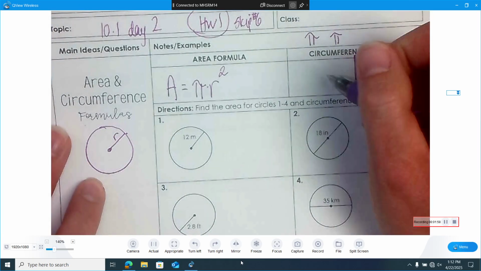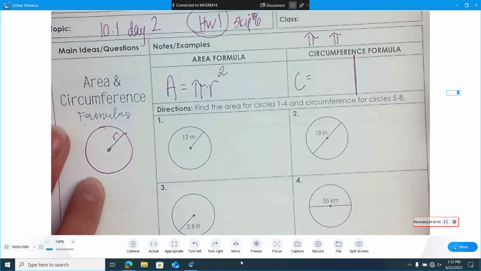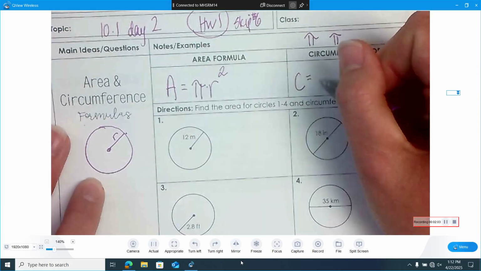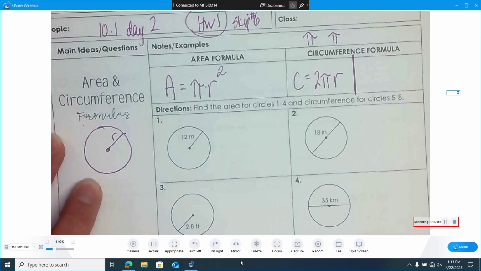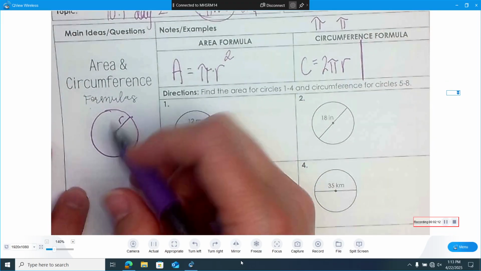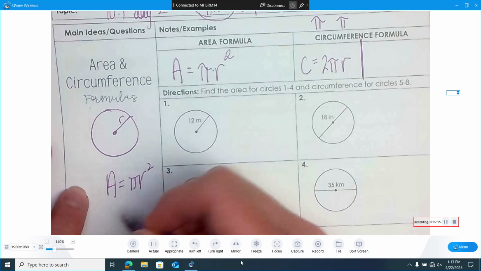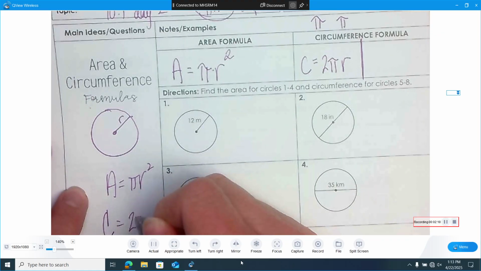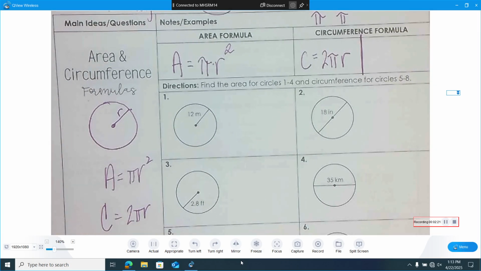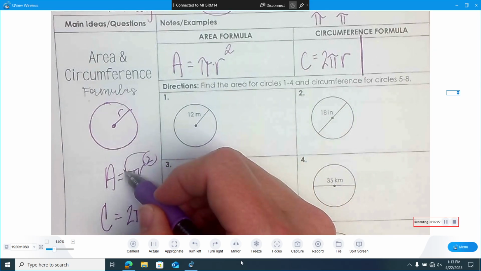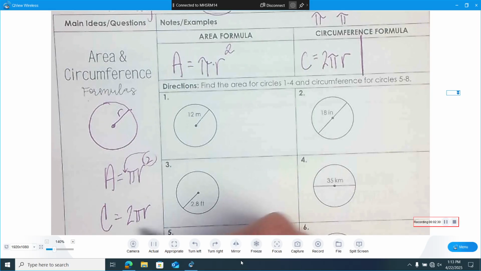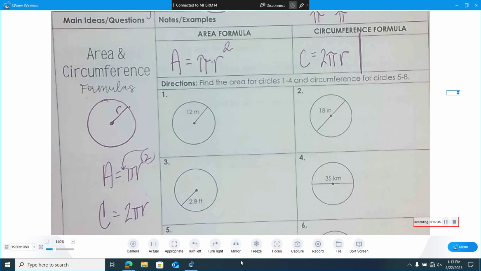We're going to use C for circumference. To get all the way around the circle, the formula is 2 times pi times the radius. So 2 pi r. Now I want to point out that area is pi r squared, and circumference is 2 pi r. They're very closely related. If you're lucky enough to have me in calculus later on, you'll realize that if you take this power and just drop it down in front, you get the circumference. So that might help you remember. Maybe you only need to memorize the area formula, and then if you drop the power, that gives you circumference,